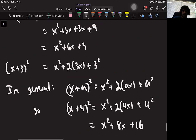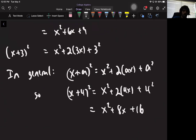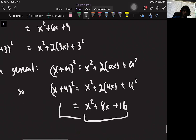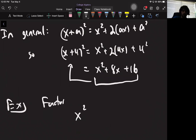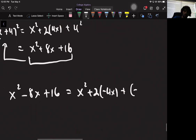So if you multiply it out and actually do it the long way, it'll turn into this. But factoring and multiplying out are opposites of each other. So the idea is now if I start with something like this, I can know how it factors. So for example, if I say factor x squared minus 8x plus 16, I can now use this shortcut by realizing that this looks like x squared plus 2 times negative 4x plus negative 4 squared. So that means it factors into x minus 4 times x minus 4,